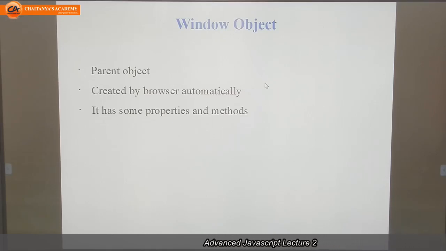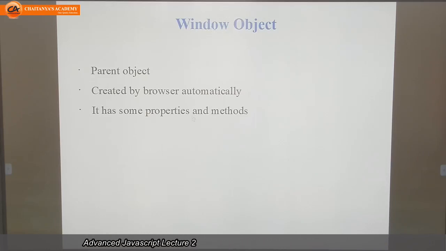We no need to call this object. By default, when we execute our program, our browser opens one window. Even if we are not calling that object, it still opens the window, because it is created by the browser automatically. No need to call this window object every time. By default, the first object is created by the browser automatically, and it will display to us, and the contents will display on the document of this window.